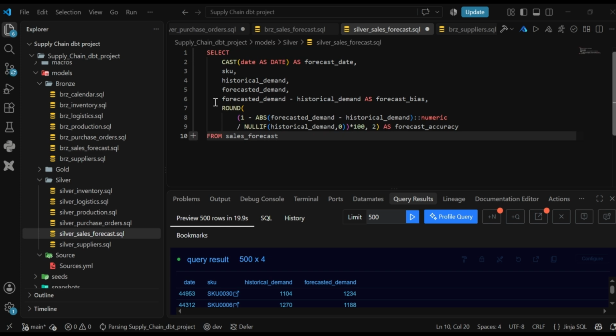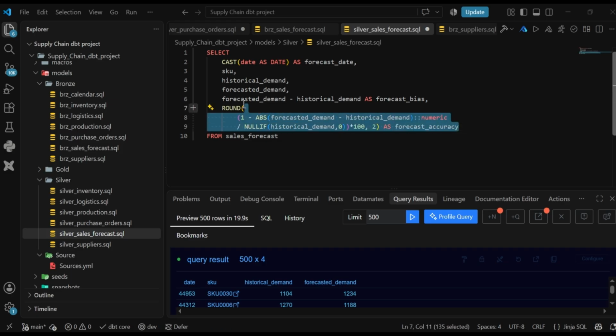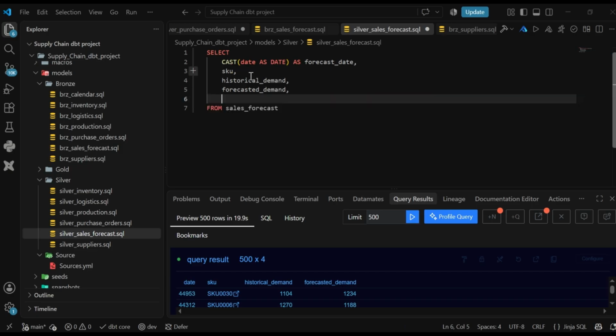So let's copy this. I don't think we need to add anything, so let's just remove this. Yeah, let's remove this, and then the date, currently the date is in this format,